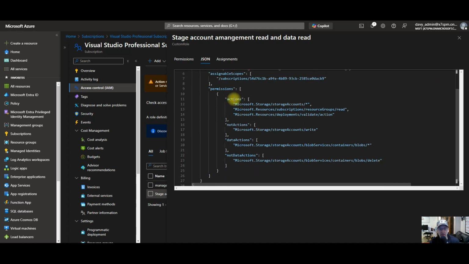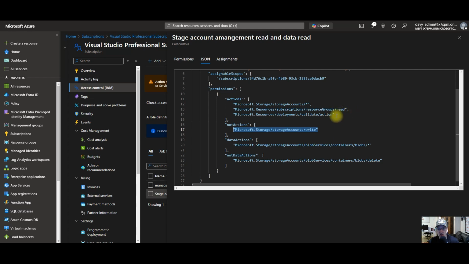From the top down then, we're looking at actions here, and what we've got is all actions on the management plane on storage accounts, folks. We've got a wildcard here after storage accounts, that means it's got all actions on the management plane except for storage account write, which is creating a new storage account, folks,